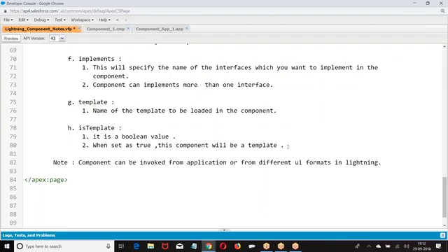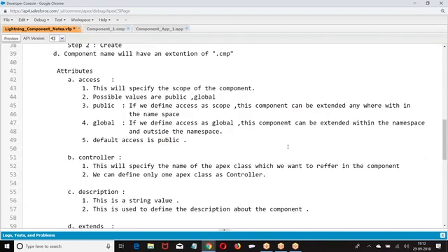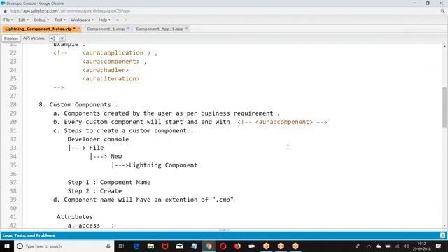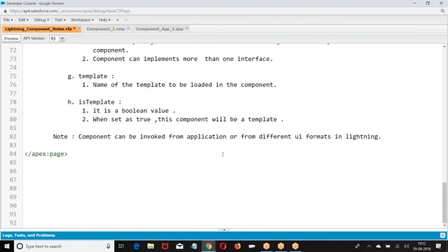So how do you call? If you want to invoke the component, what is the format we have?